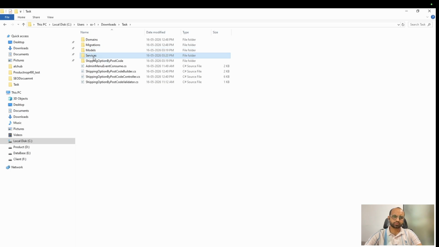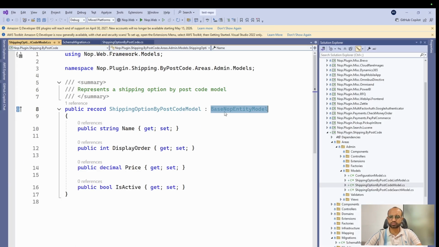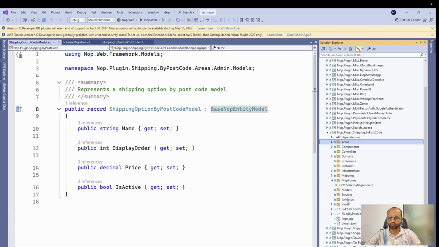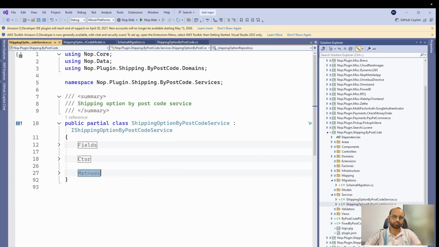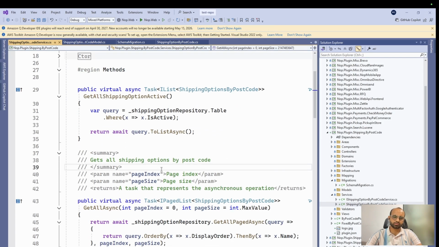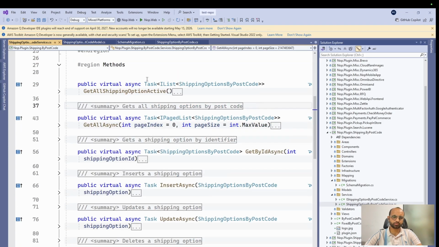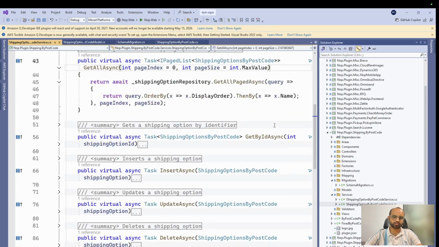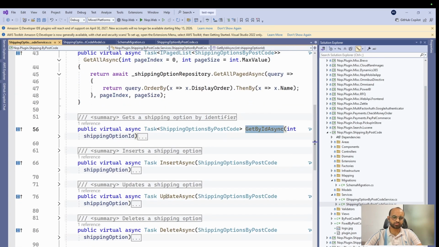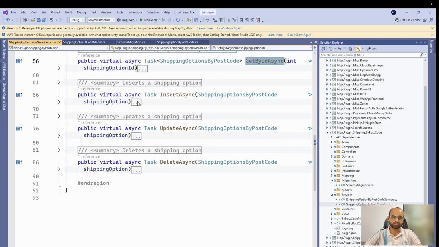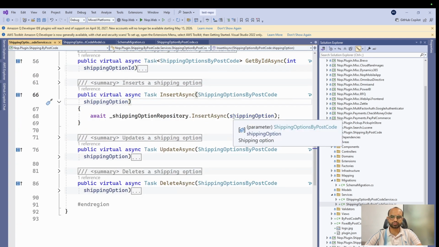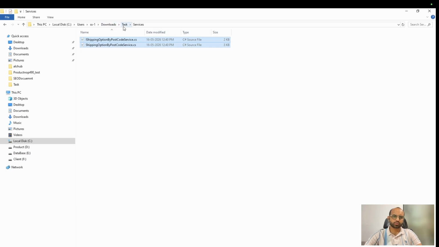Okay, after that I will prepare the services. Let's put it over here in the services. Here I have prepared the services for it. This will prepare the list and the active list. This will have pagination for the admin side. This will have get by ID, insert, update, and delete. They are just simple services. Inside that there is nothing special, the repository will be called and the repository will do the insert. So it is simple. Then after that